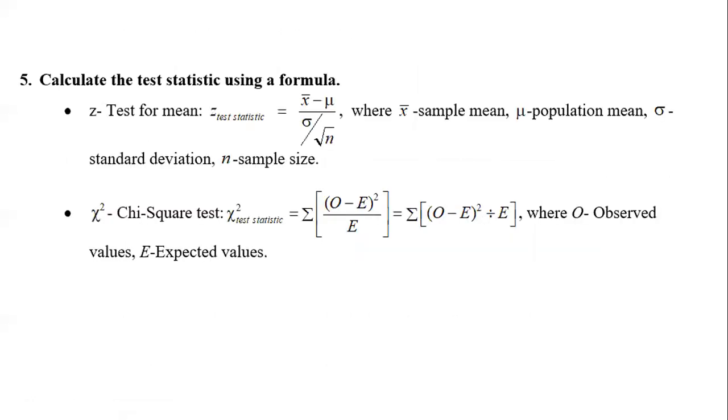On the fifth step, you have to calculate what you call a test statistic, because you're testing a hypothesis. So you have to calculate the test statistic. Here's the formula for the z-test statistic, and here's the formula for the chi-square. Remember, we have three versions of the chi-square, but this formula will serve for all three of them. That's a constant formula for the three versions of the chi-square. And for the z-test statistic, there's the formula for it. Okay, that's the fifth step.